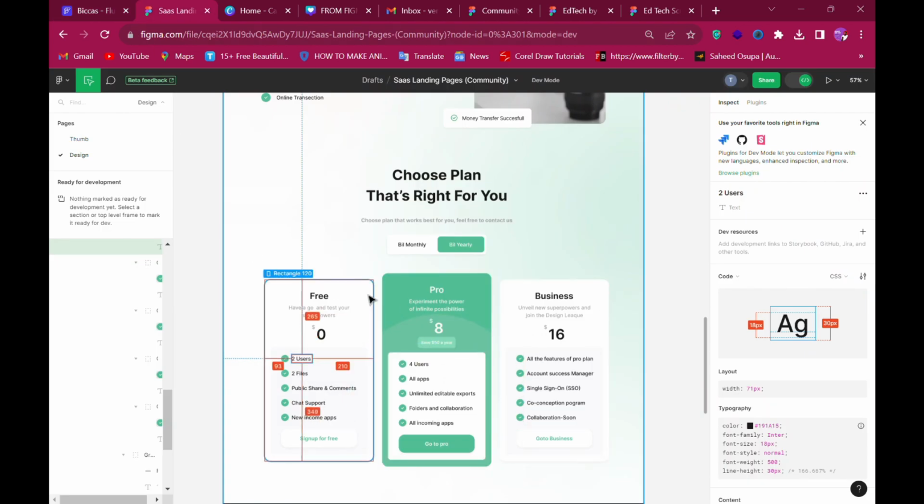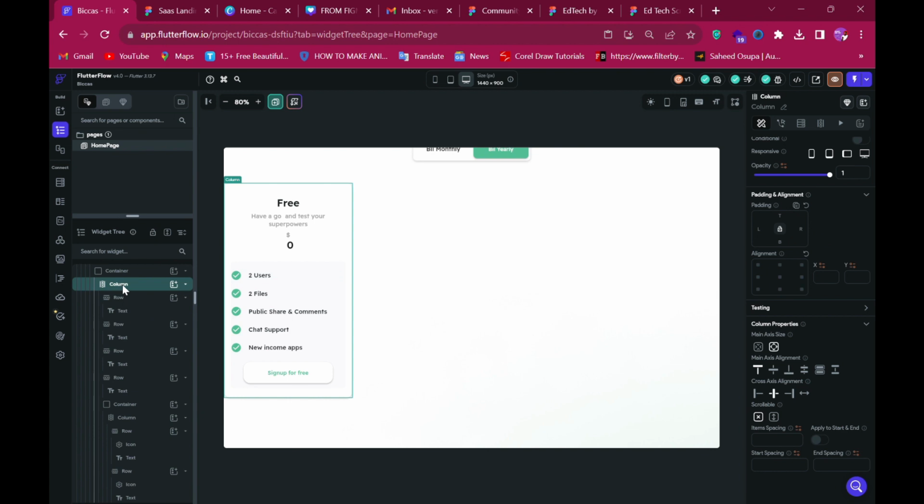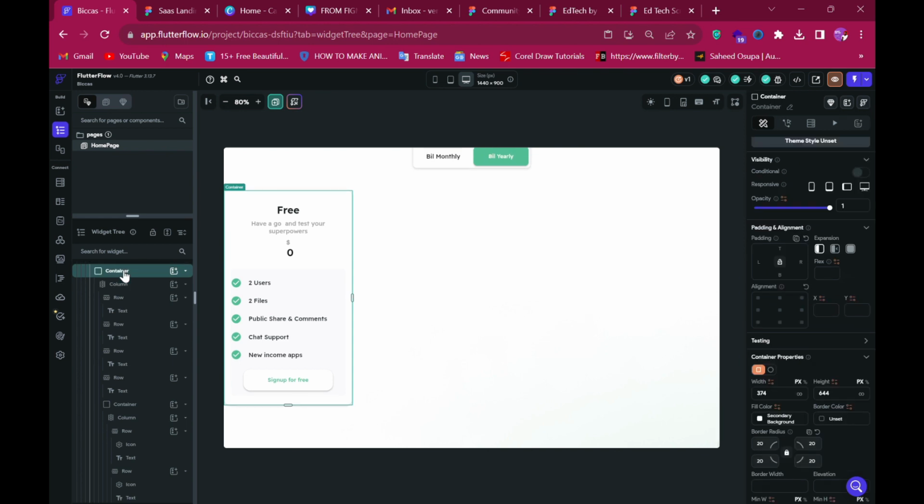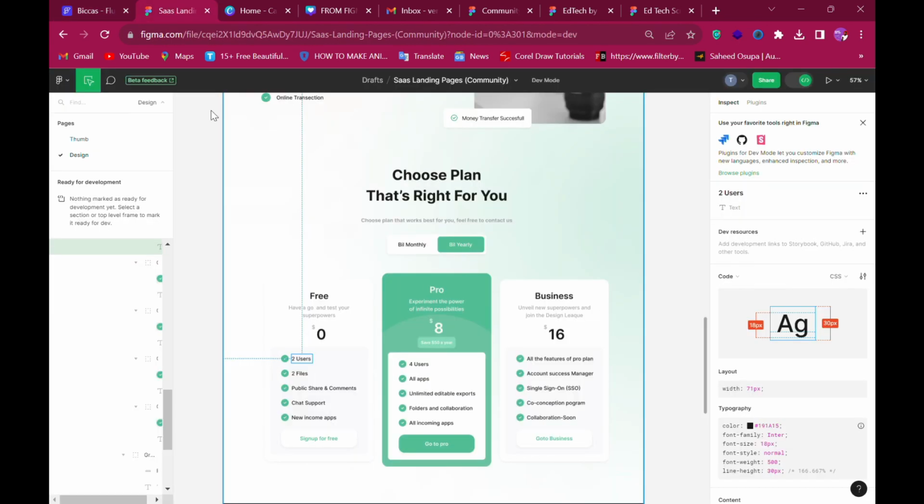So we can now duplicate it for this. All right, so you select it, select this main column, then you scroll up and select this container, which contains everything. All right, so once you select this container that contains it like this, you can now duplicate it. Then after duplicating it, you come back to this place to look for the